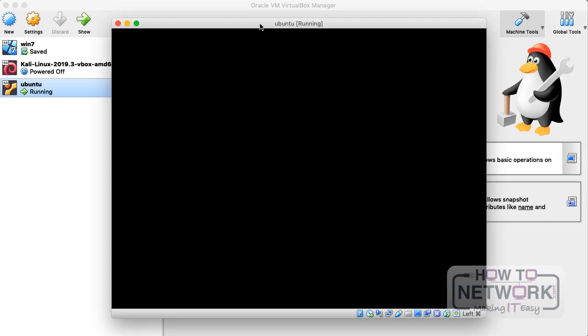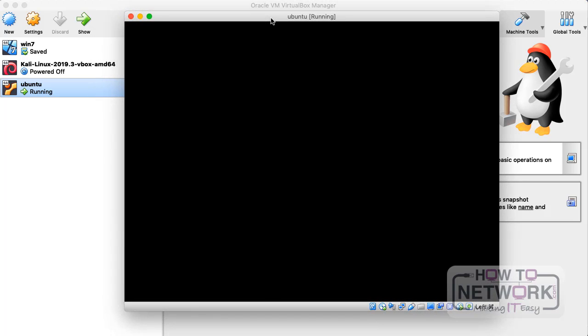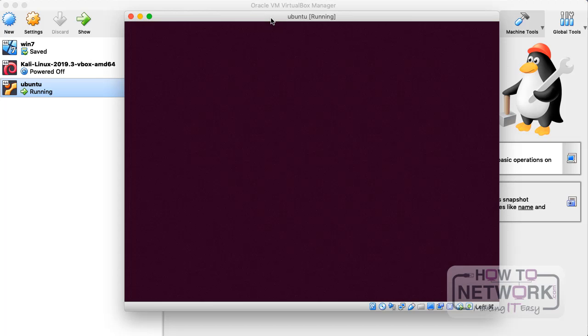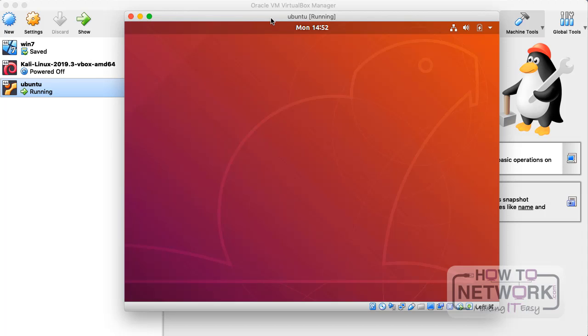And you will face, so let me just drag this here, you will face for a few seconds this black screen while it's loading some modules, some software, until you see this screen right here